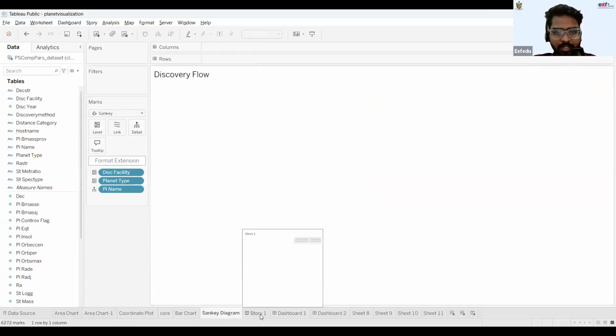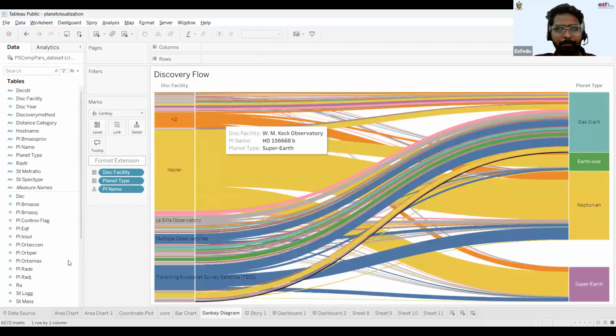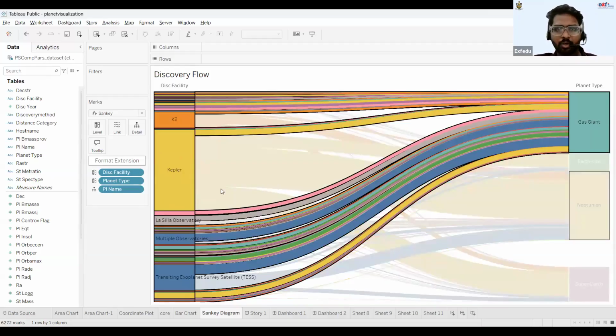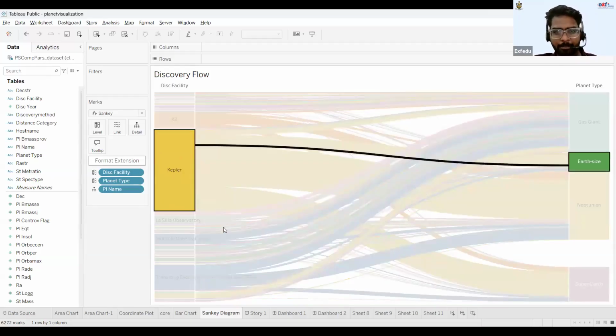Now I'll go through the storyboard, and prior to this we have a visual called a Sankey diagram, and we'll go through this. I think it's taking time to load. Yeah, so it's all about regular mapping itself. It's an advanced visual which maps together whatever the planet is and the discovery method, and what planet type it is. You can select a few things, and it will take time to reflect, filtering things out in this way.